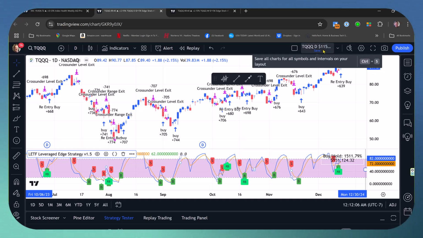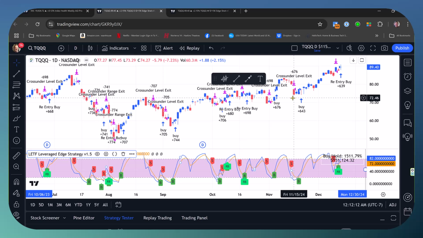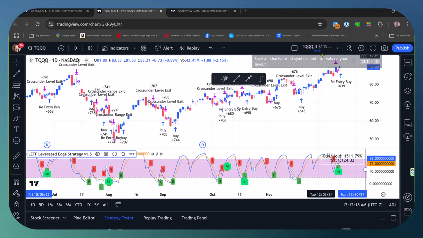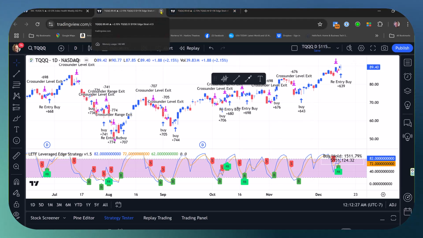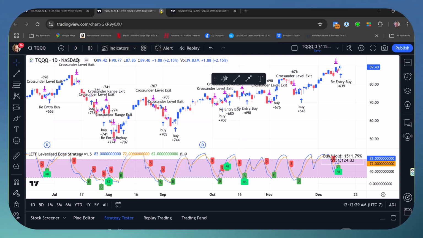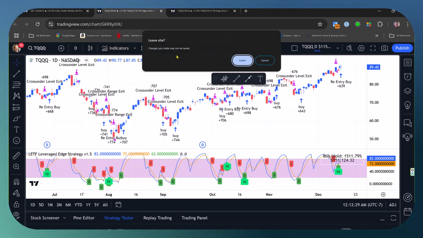You don't have to save them if you don't think you're going to need them again. In other words, if you're just making changes on a temporary basis, then don't save. And the reason I'm saying that is because if I close this out, if I just close the chart, and I can go up here and hit exit to close that out, it's asking me if I want to,